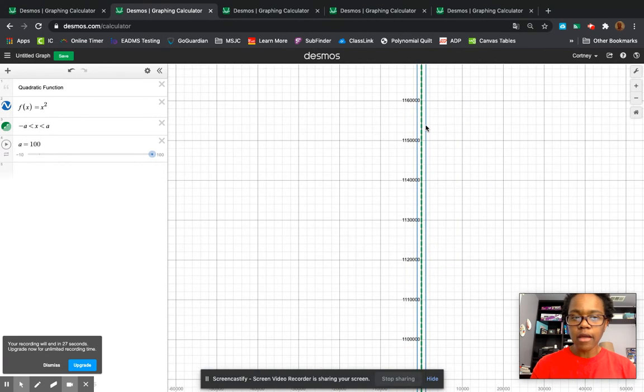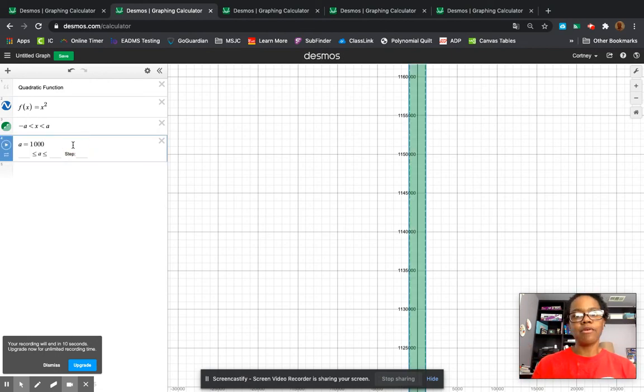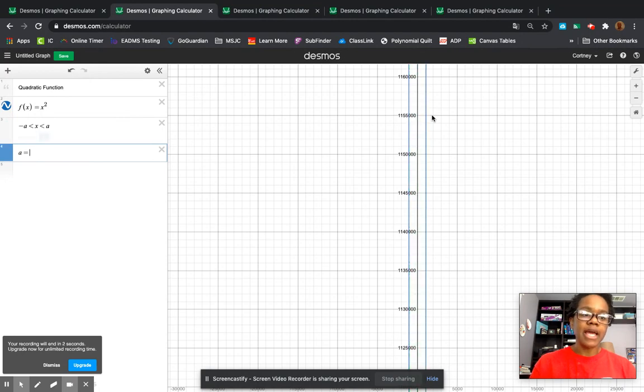So if I look in here, my graph is the blue one. 100's not big enough, right? Even if I had to get really, really high up on the graph, because the graph just slowly widens. So if I go really, really high up, it's wide enough where even -100 to 100 is not good enough. I'm going to try 1,000, and then I'd go again. I just zoom out and out and out until I see whether I have enough. And that's why this one, again, is -infinity to infinity, just like